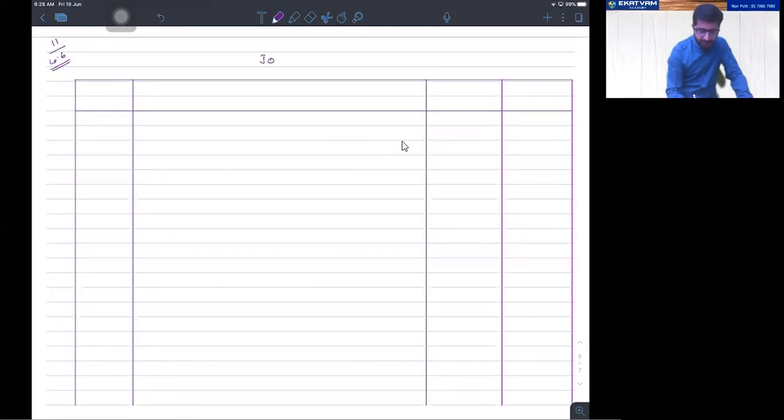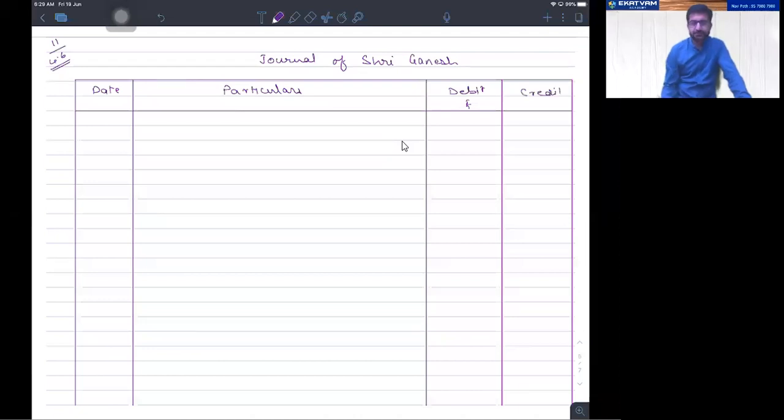Journal of Sri Ganesh. We'll have the columns as what? Date, particulars, debit rupees, credit rupees. Am I right? The very first transaction is 2018 April